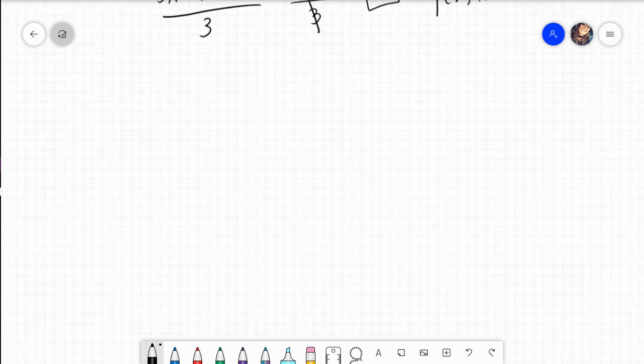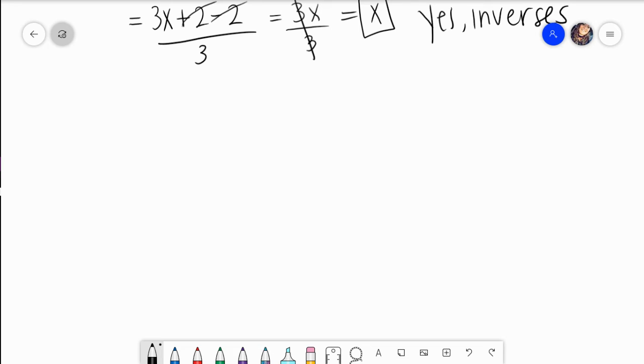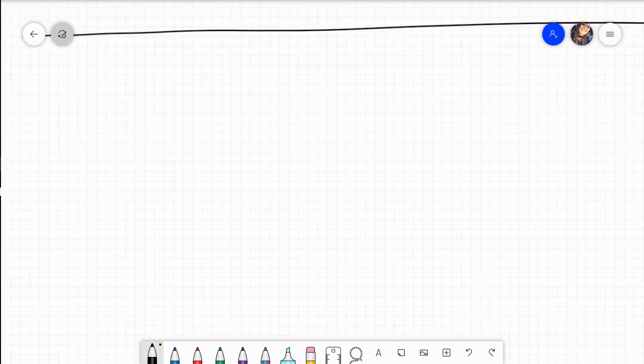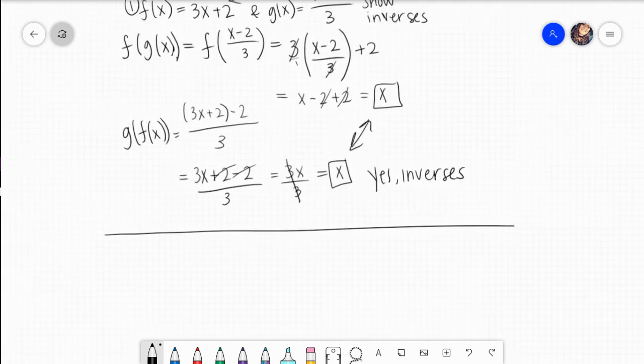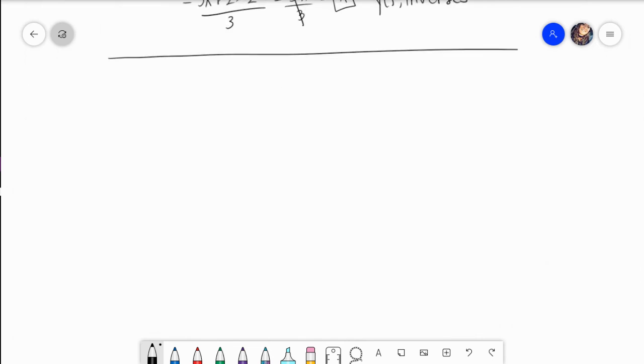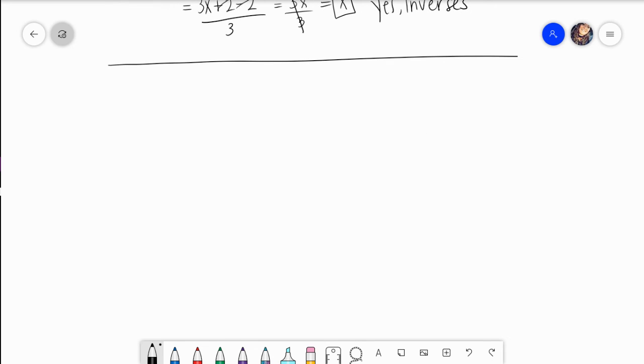Now I want to do a problem real quick for this video. They actually gave me 2 functions and they asked me to show that they were inverses. So I knew I could plug them into each other. And if both of them got x as an answer, then that means they are each other's inverses. Now, what if I'm not given 2 functions and told to see if they're inverses, but instead I'm just told to find the inverse